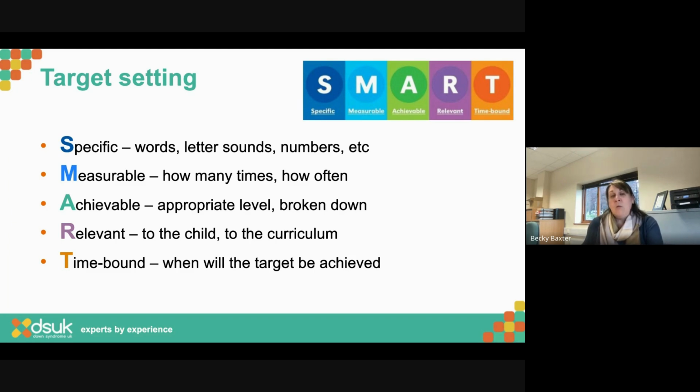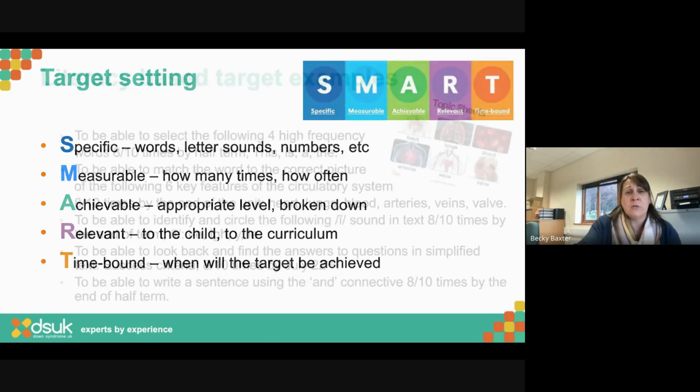And if not, I want to look at why it hasn't been achieved. There should be a reason that I can put my finger on. Either things have changed, maybe the child's been poorly and not been there for a fortnight, or we haven't done enough repetition. I'll be thinking, hang on a minute, why didn't we get enough repetition? When I set my target, why did it not come up in all of those lessons that I thought it was going to? Or if there has been a lot of repetition and the child hasn't achieved it, why not? What's going wrong? Do we need to do something differently? Do we need to amend that target? So it's really important we keep going back to those.